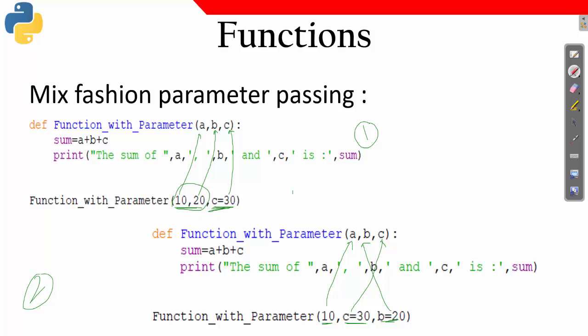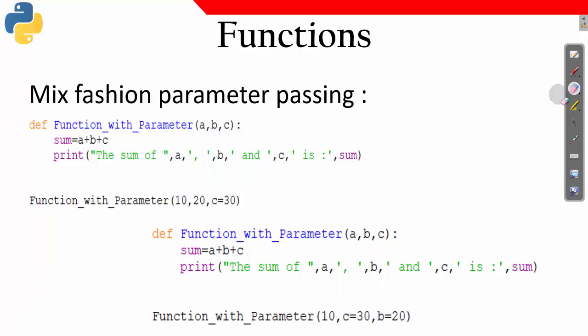If I write first function of c equal to 10, and then without writing anything I write 20, then it will not take, because this is passing by keyword, this is passing by value. Always we need to pass by value first and then the keywords, okay. I hope you understood this.